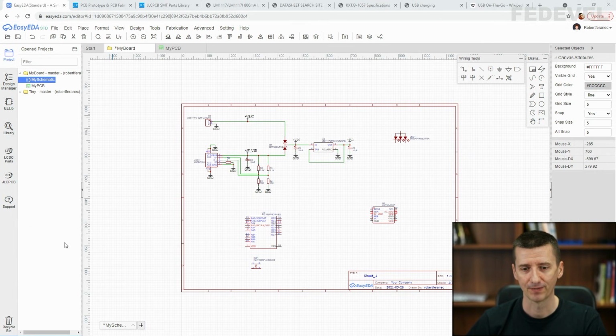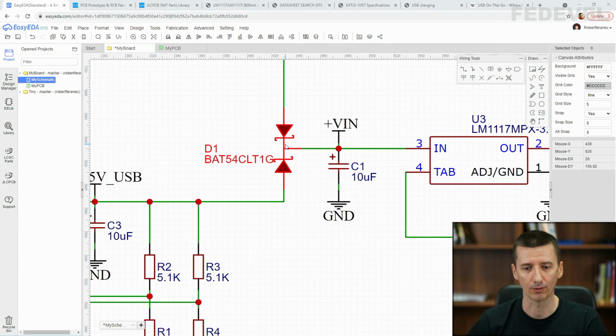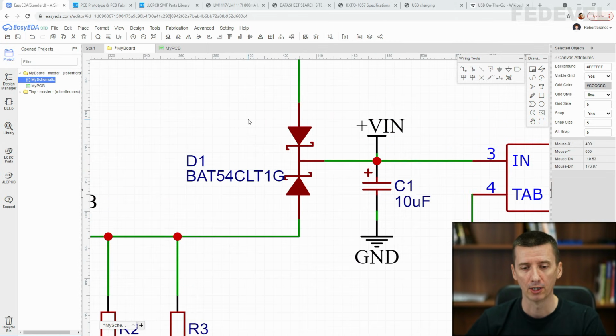How is this special diode going to help us? Why do we use it in this circuit? How is it going to work, do you know? A diode is a component which can control how current is going to flow. So basically, when you have a diode, current can only flow from this side of the diode to this other side of the diode. And current can't flow from this side of the diode to this side of the diode.